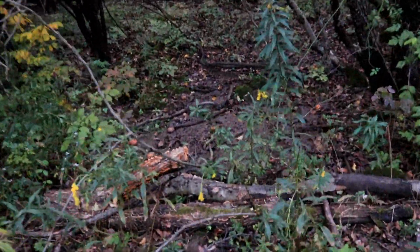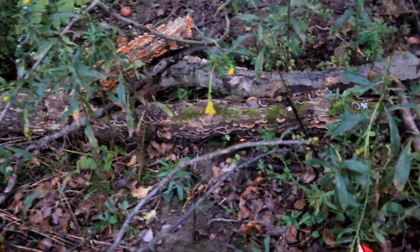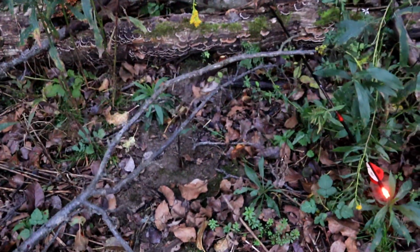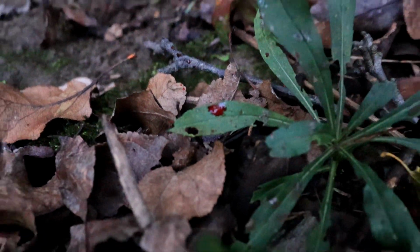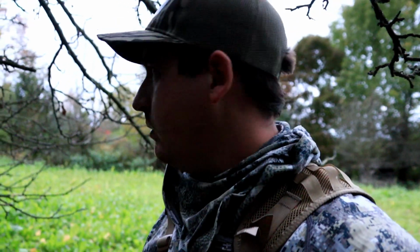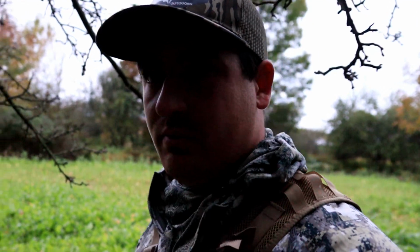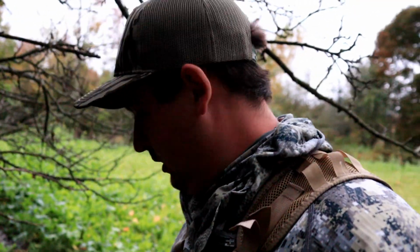Oh boy. I'm not getting that broadhead back. There's blood right there. Hopefully you guys can see that. I shot this deer with a QAD Exodus broadhead. It's about a 23, 24 yard shot. And